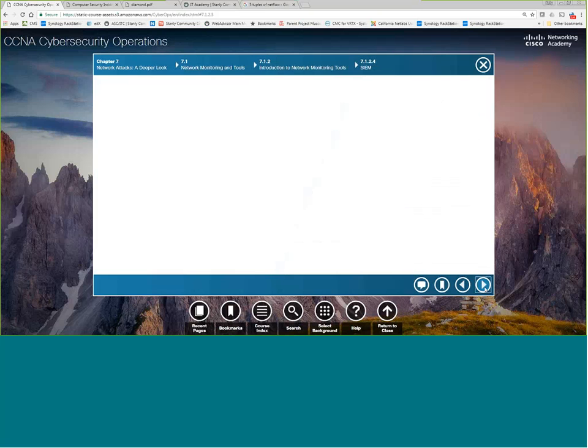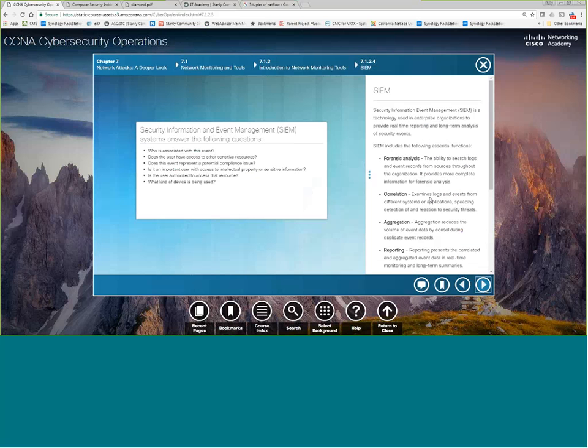Some other tools, when we look at security information and event management, SIEM tools. These tools, and we'll look at it more when we move on to other chapters, gather information from a large amount of other sources. In other words, many of them are NetFlow collectors. Many of them are syslog collectors. Almost all of them are.